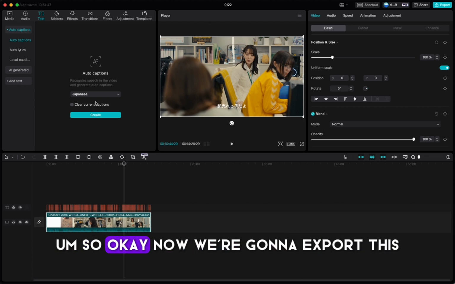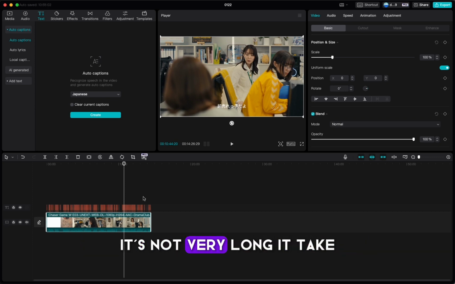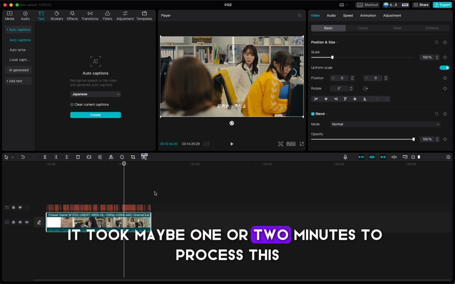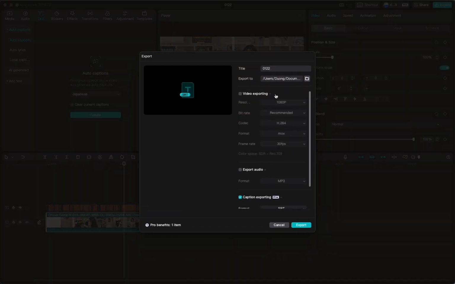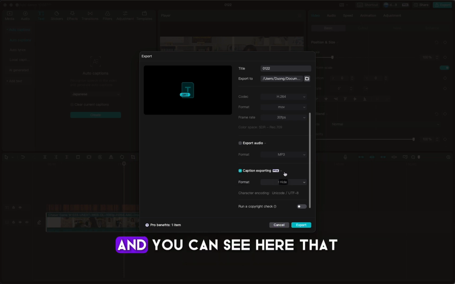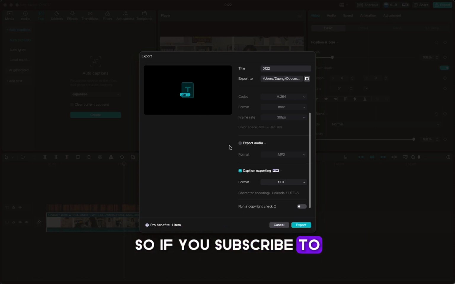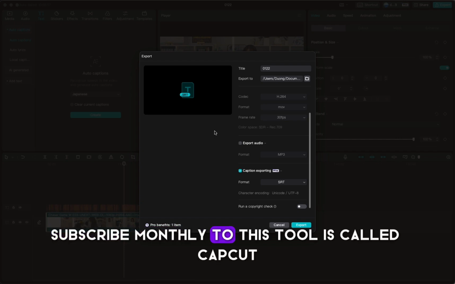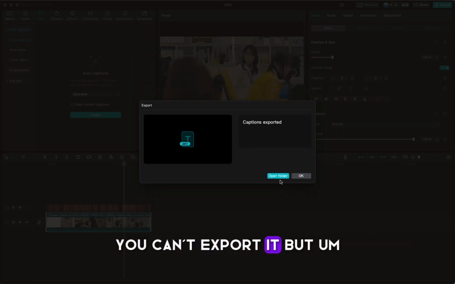So okay, now we're gonna export this. I already ran this earlier, and it's not very long. It took maybe 1 or 2 minutes to process this segment here. Then you'll export it, and then you select this caption exporting, and you can see here that this is only made available to pro subscribers. So if you subscribe monthly to this tool, called CapCut, then this option is available to you. If not, you can't export it, but